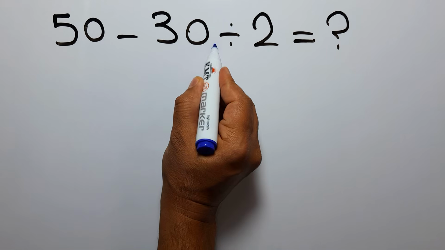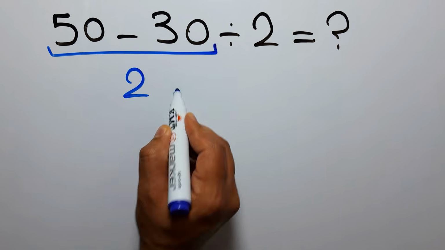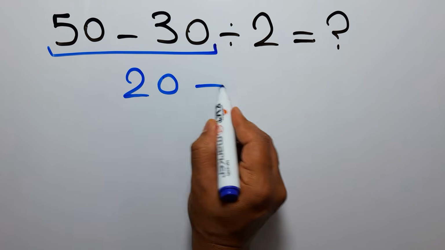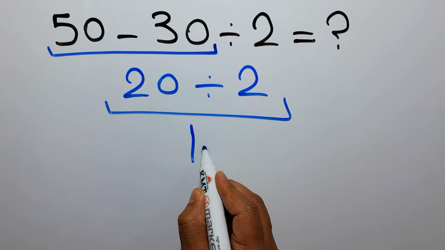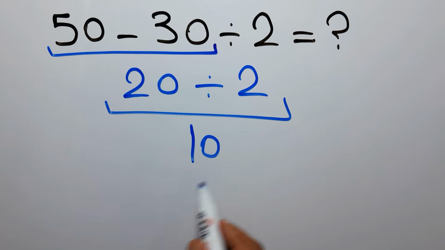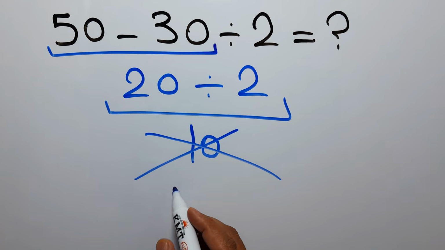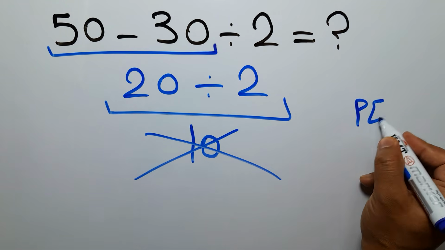50 minus 30 gives us 20. So we have 20 divided by 2, which equals 10. But this answer is not correct because according to the order of operations, which is PEMDAS,